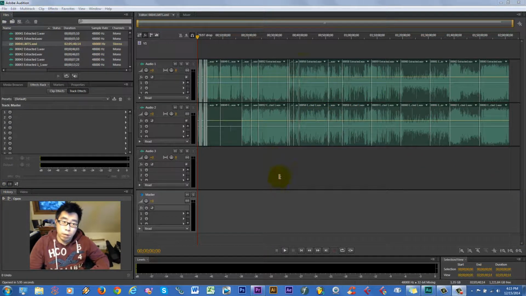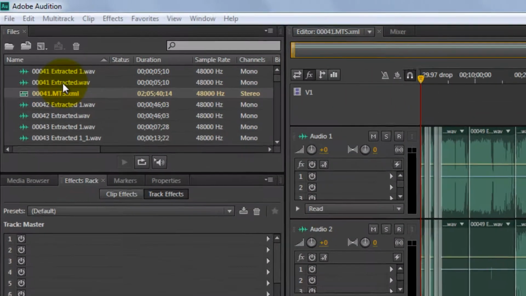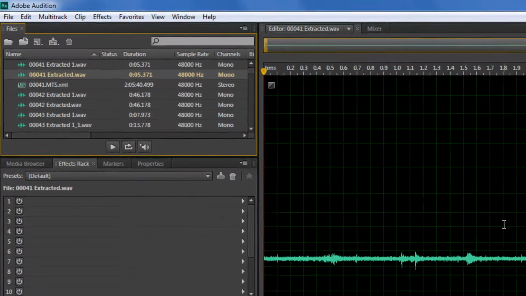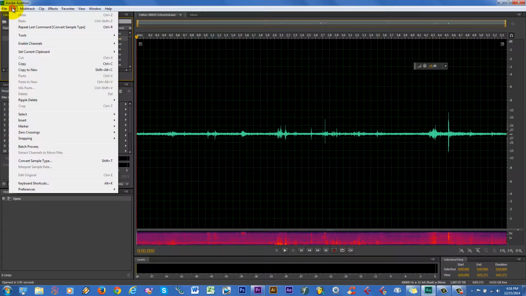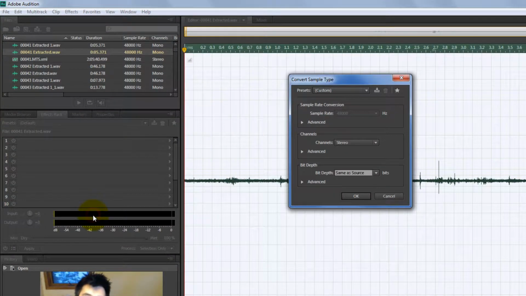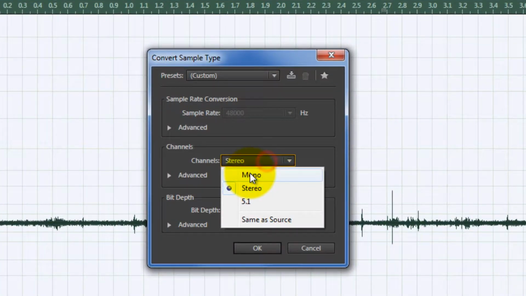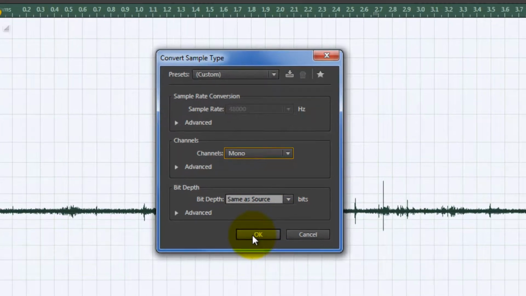So basically, I just opened a file and you have to make sure that you go to an extracted WAV file. So you pretty much double click that and you see this little thing. So basically, rather than go to favorites, you can just go to Edit, Convert Sample Type. Make sure you put it in mono, hit OK,